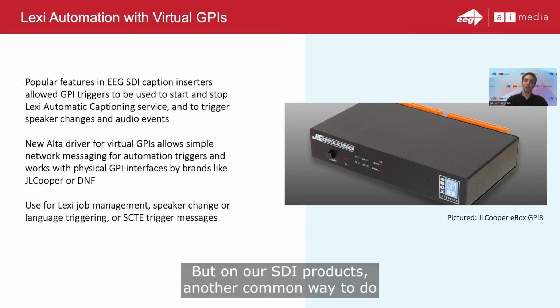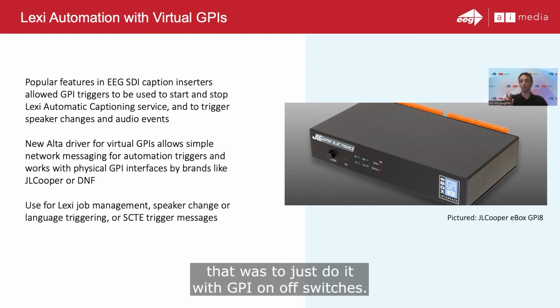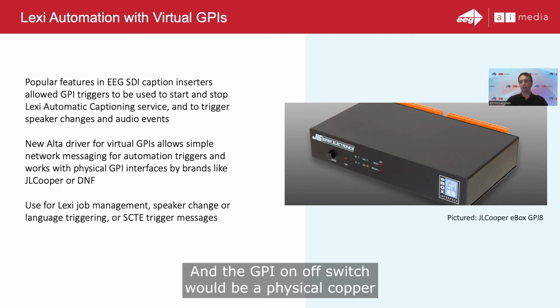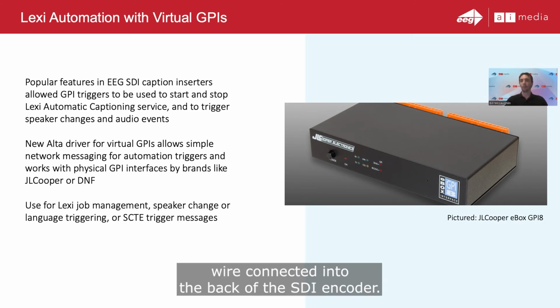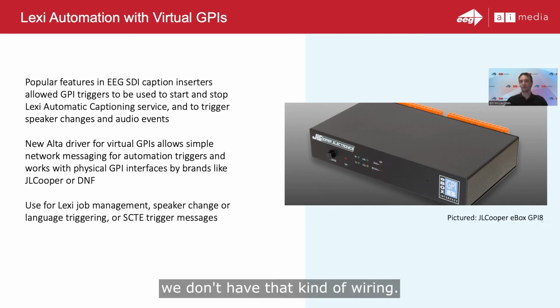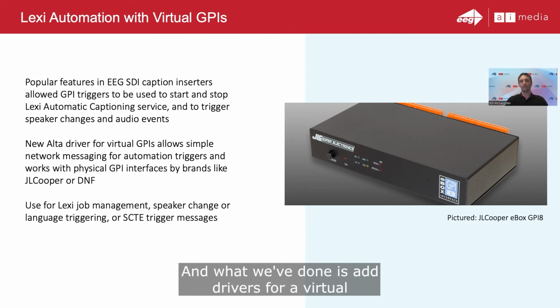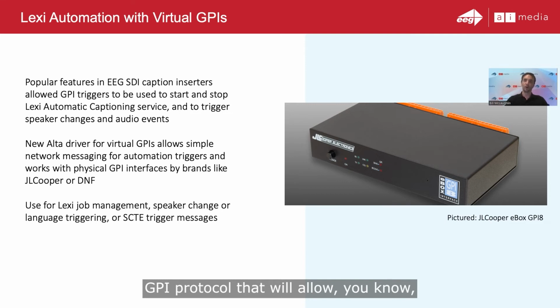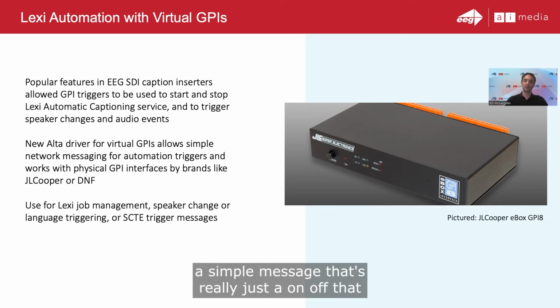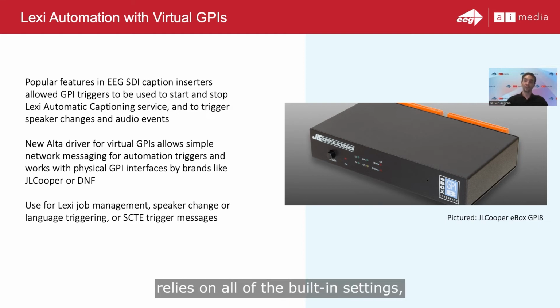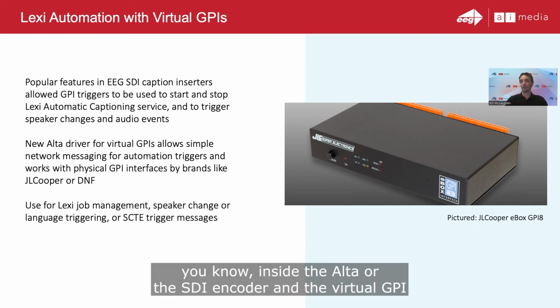But on our SDI products, another common way to do that was to just do it with GPI on-off switches. And the GPI on-off switch would be a physical copper wire connected into the back of the SDI encoder. Since Alta is a fully virtualized software product, we don't have that kind of wiring. And what we've done is add drivers for a virtual GPI protocol that will allow a simple message that's really just an on-off that relies on all of the built-in settings inside the Alta or the SDI encoder,